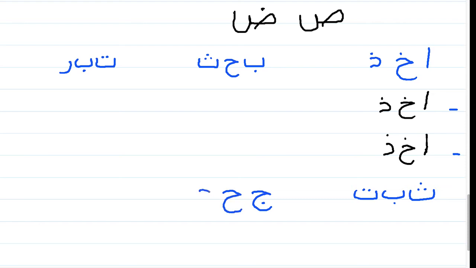Then Dal. If you want to see how I wrote this one from before, go to lesson 1 in the description below. Jim, Ha, and Dal. After Jim, Ha, and Dal is Ha. Jim, after Jim is Ha. So, Ha